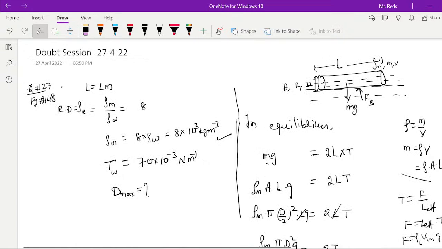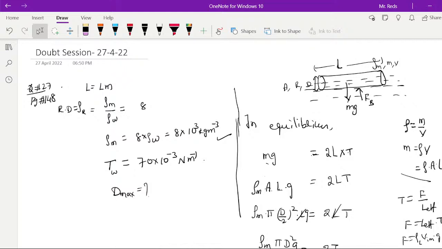So once again, let's see. This is question number 27, page number 148. Level 2, exercise 2. The question is, a wire of length L meter made of a material of specific gravity